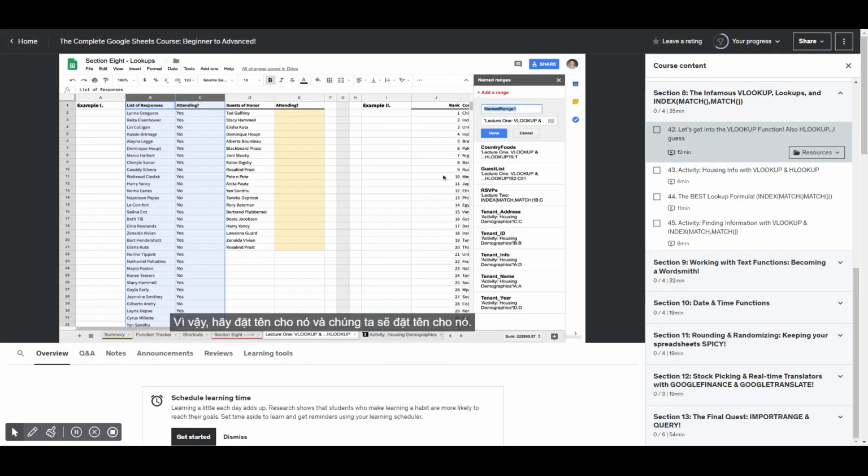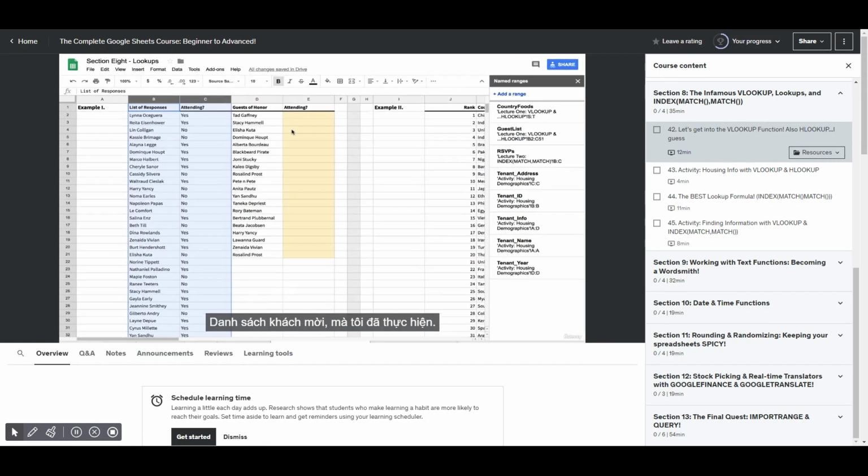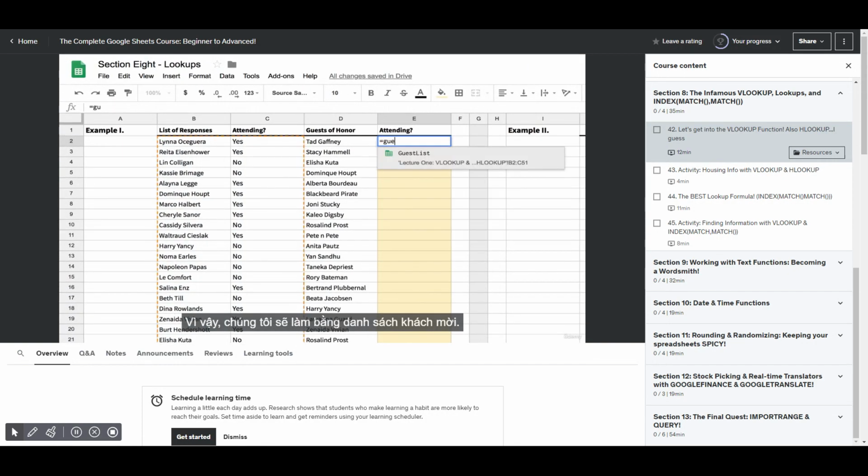So let's name it. We're going to name it guest list, which I've already done. So we're going to do equals guest list, and you can see it highlights all my stuff. And in my guest list,